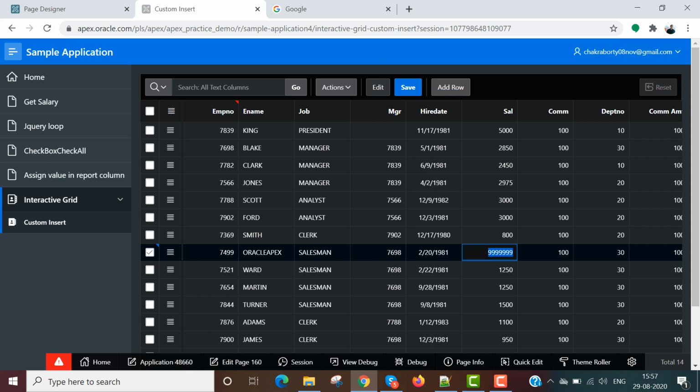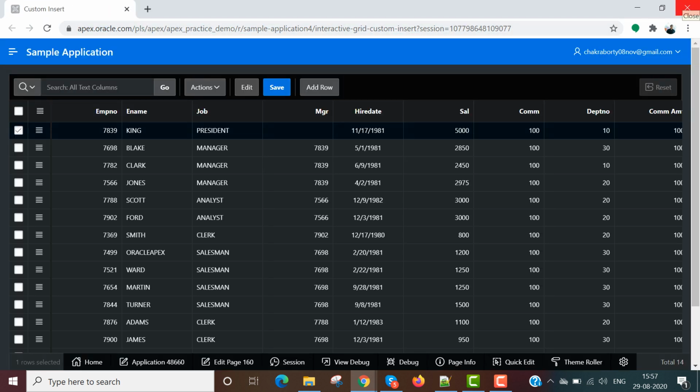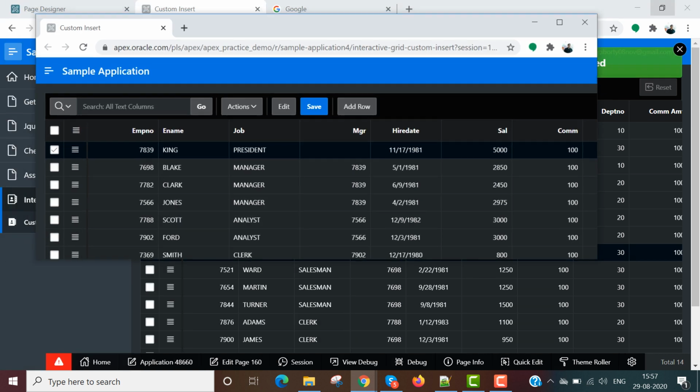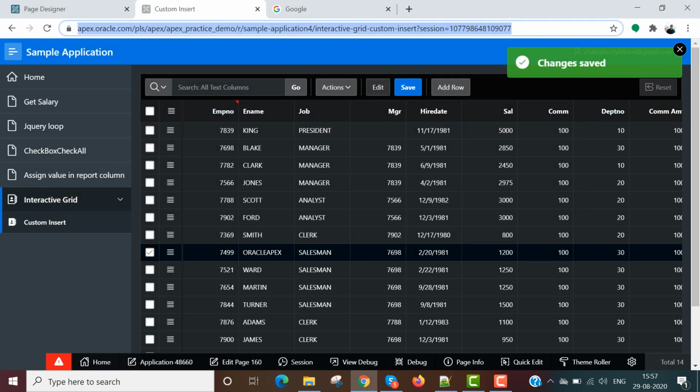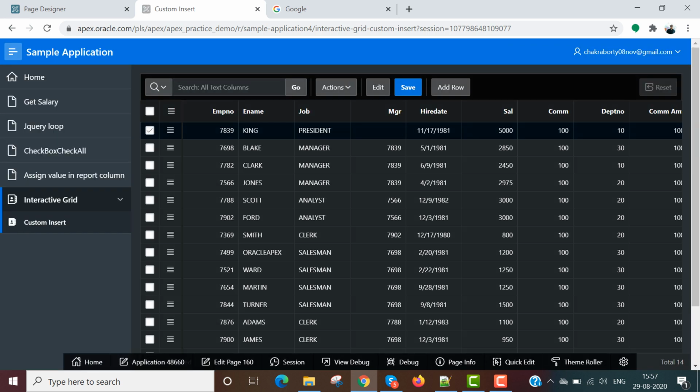Let me use 1200. So the changes have been saved. Yep, you can see the changes are saved. Yes, Oracle Apex 1200. So this is how we can do our custom insert, update or delete of records.